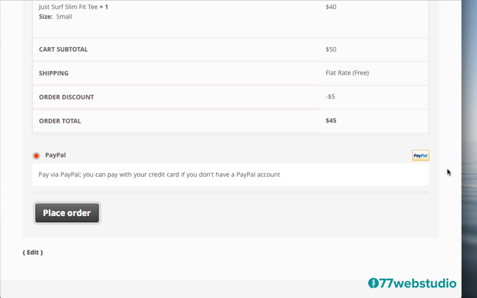Now note that if you do set the online store to be set up with PayPal, then a potential customer would click on Place Order. They would be sent to PayPal where they could either log into their PayPal account and pay via PayPal, or if they don't want to use PayPal or they don't have a PayPal account, they can simply log in as a guest. They do not have to have a PayPal account, and they can simply pay with their credit card or debit card for the products that they want to buy on your store. So a potential customer does not have to have a PayPal account to pay as a guest on PayPal.